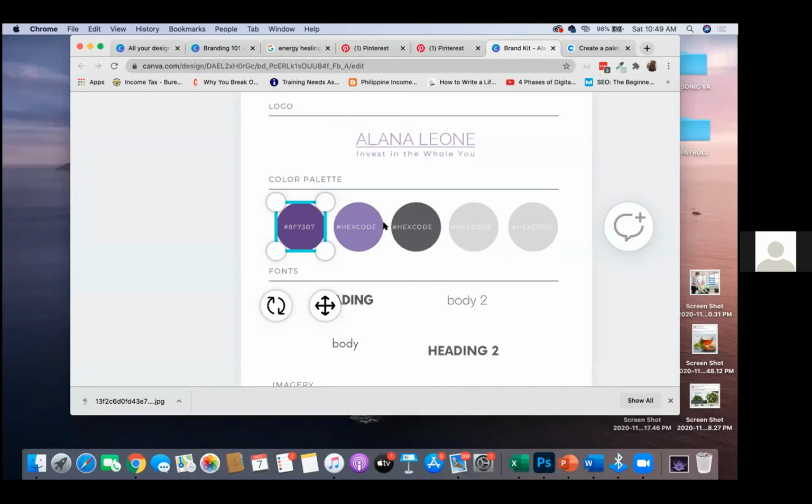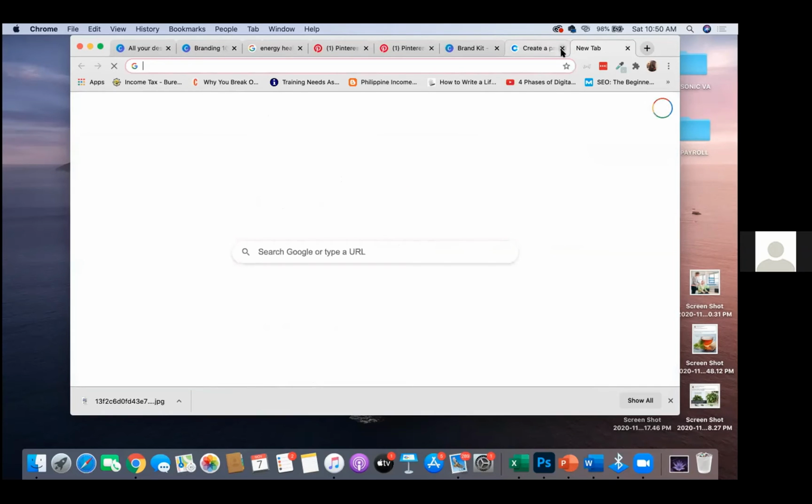So let's say she just said, okay, I don't know what I want, but I know I want purple, right? So it might be a challenge for some people to combine colors for a color palette. So I have a great tool for that. It's called